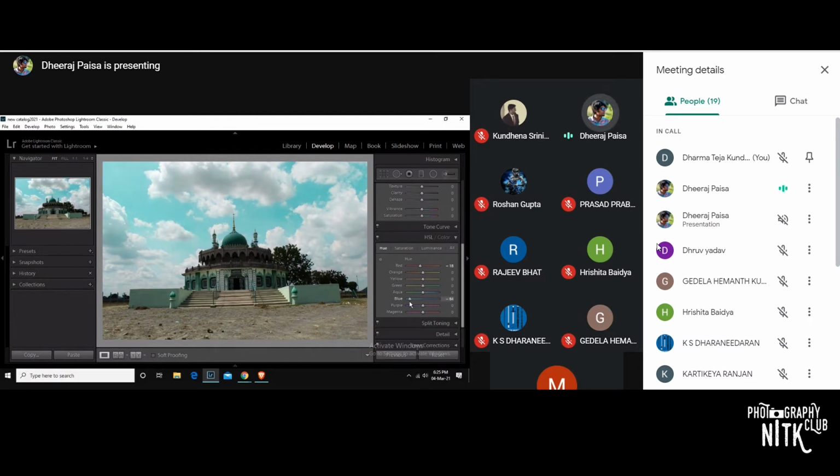While changing the hue of the blue color, you can see the change in color. Similarly with the saturation, it increases the intensity of the blue color. While luminance increases the brightness of the blue. If you increase the green, you can see greener parts are becoming brighter. Now they become dark.